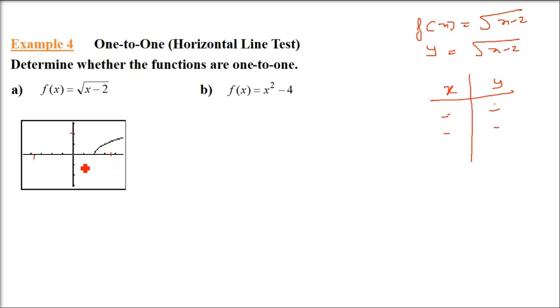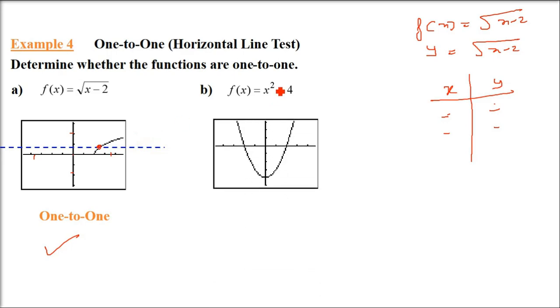Now you see here. This is our graph of f(x) equals under root x minus 2. When we have this graph, we will apply the horizontal line test. When we apply the horizontal line test, it has to give us only one intersection, otherwise it will be many to one. We need to have one-to-one. So if we see the horizontal line test, it will only intersect at one point, and this tells you that it is going to be one-to-one. So this is a horizontal line, and if you see here, there is only one point it is intersecting. This is one-to-one. Now we can talk about inverse for this function.